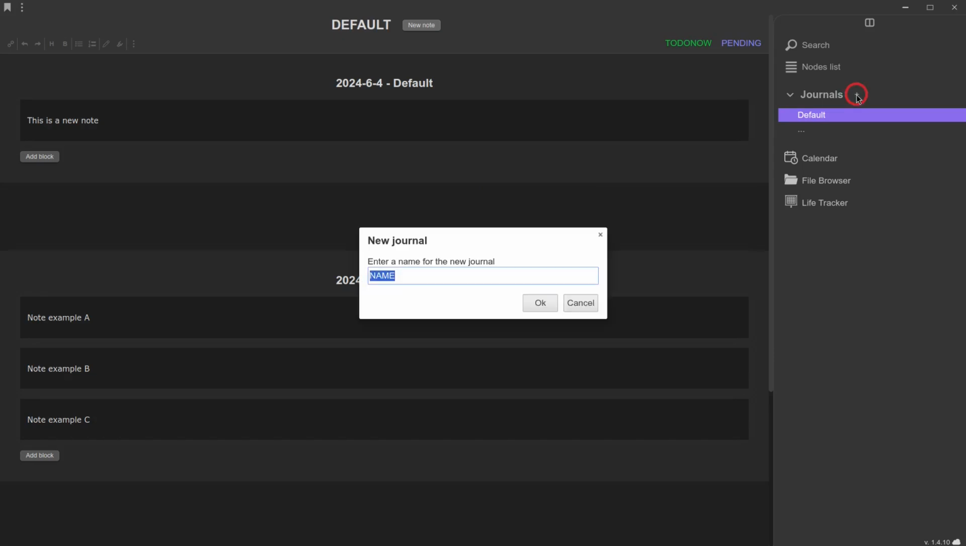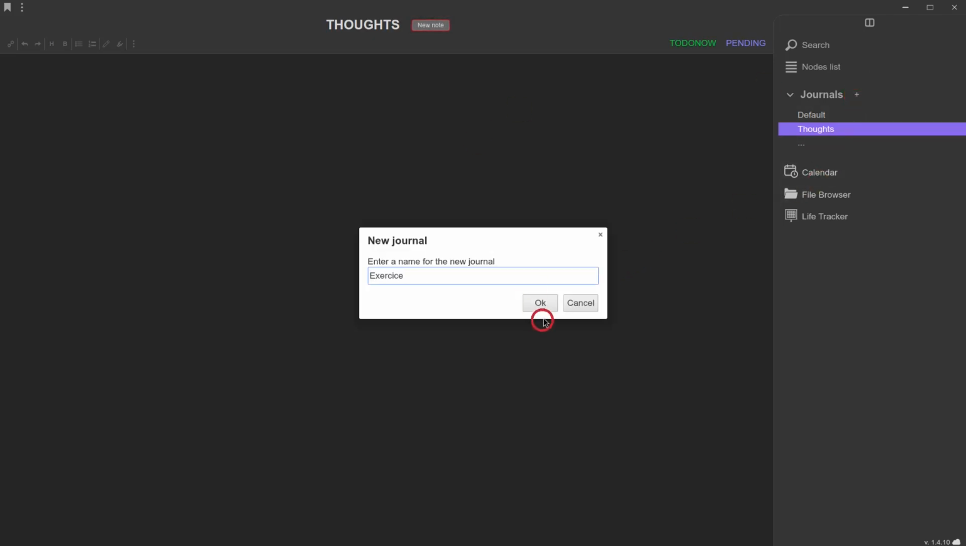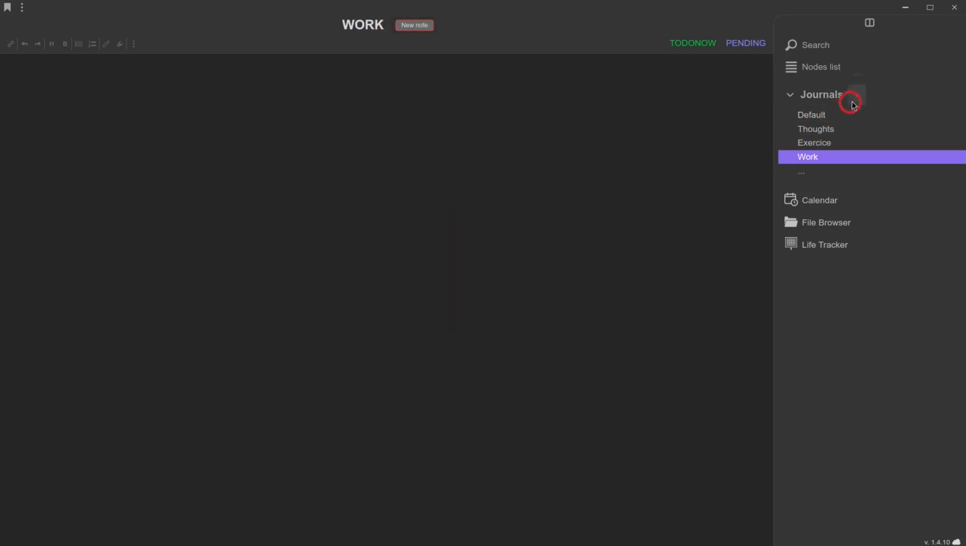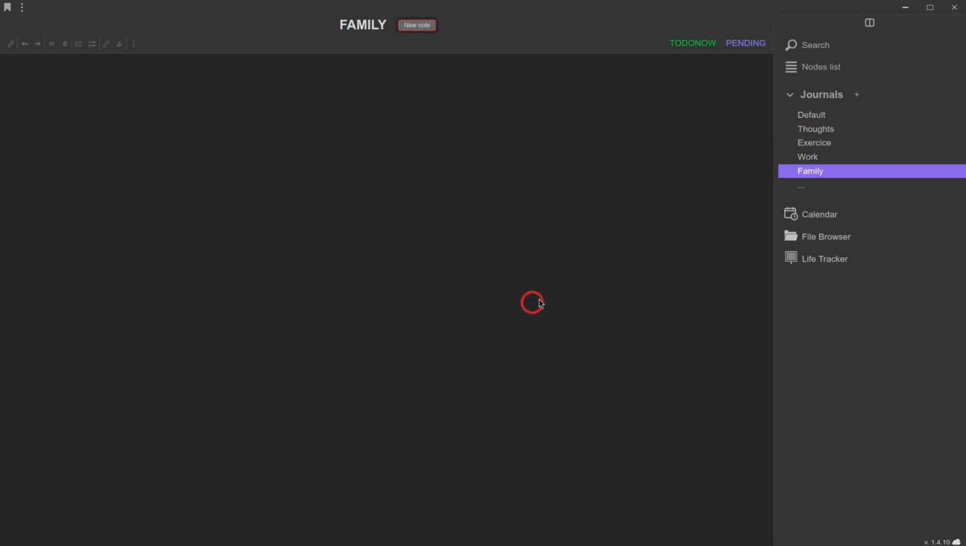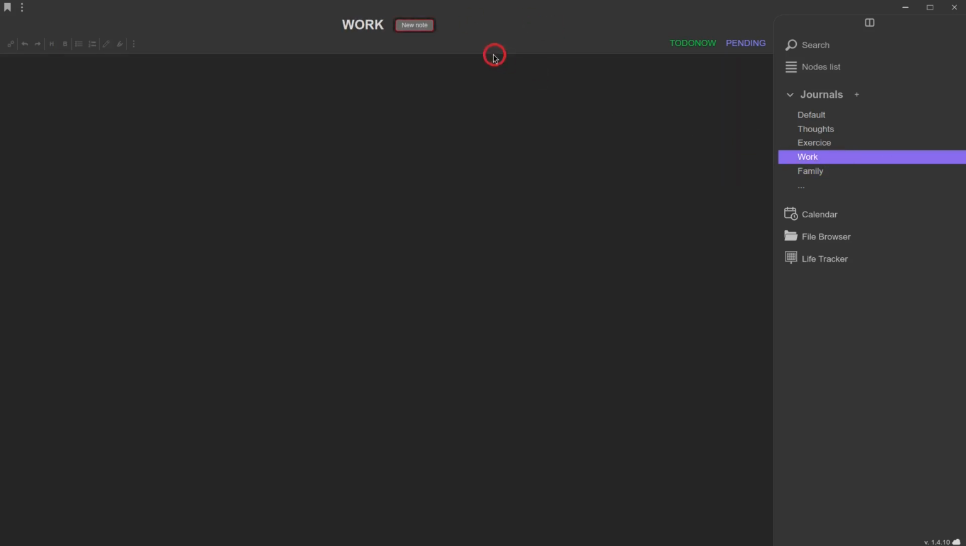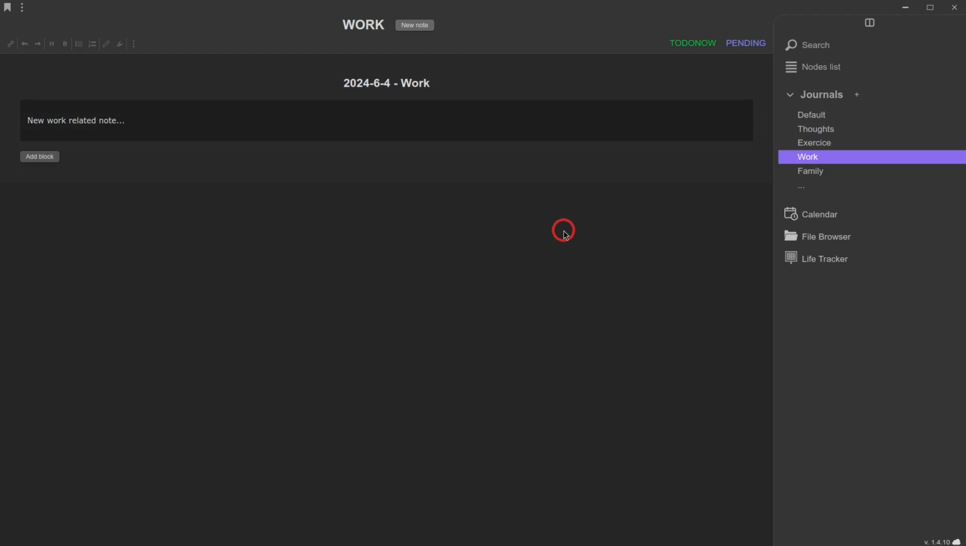Basically, you should create one journal for each domain, each main category of things that you often take notes about. For example, you can have a thought journal, an exercise journal, a work journal, a family journal, and so on. It's not mandatory. You can simply use one journal, or even not use any journal at all, actually. But personally, I feel like it's often a good way to create new notes without friction, especially when you are